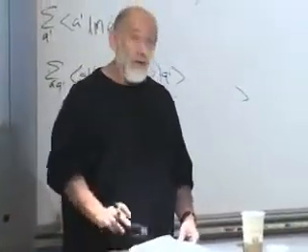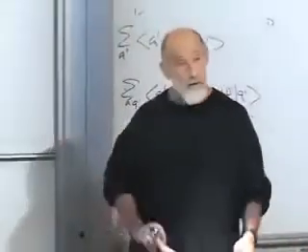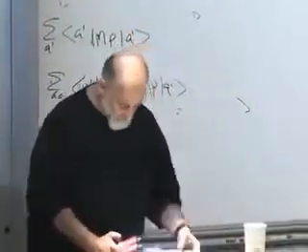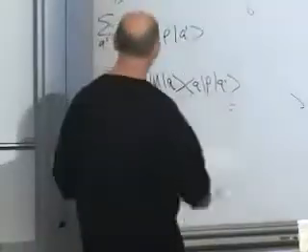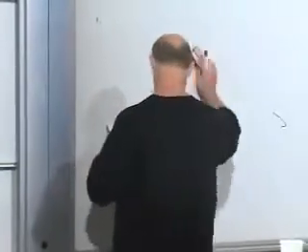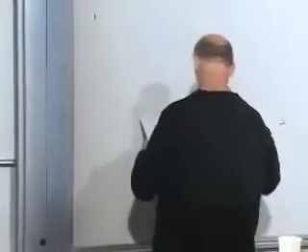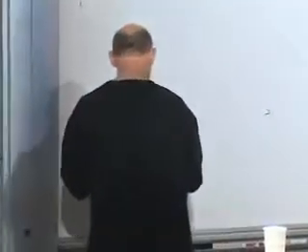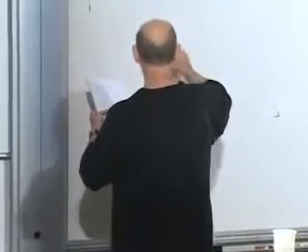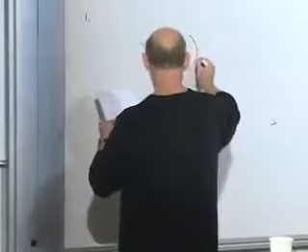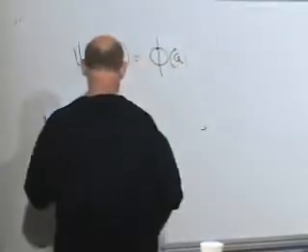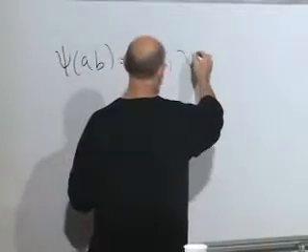But it's only when the wave function is a product that each individual subsystem is itself in a pure state. Okay, let's look at that a little more carefully. Let's suppose that psi of A and B happen to be equal to a product of a function of A and another function of B, and I'm going to call the other function chi of B.